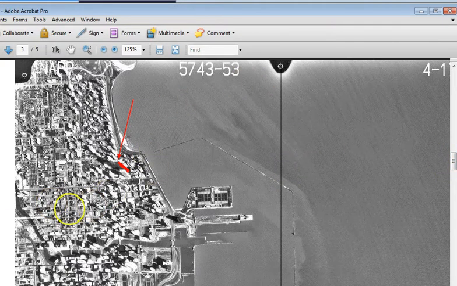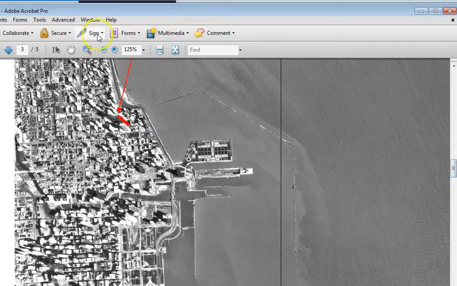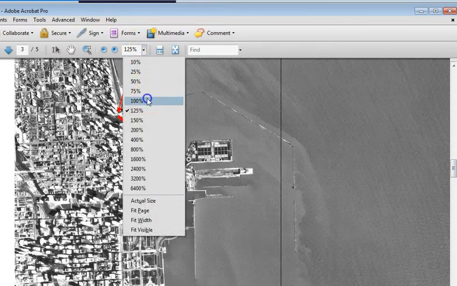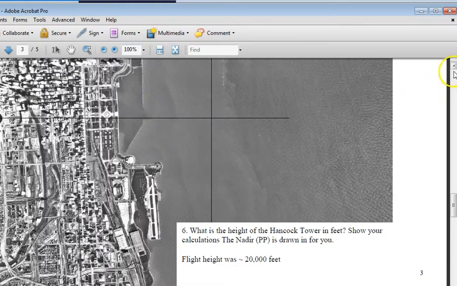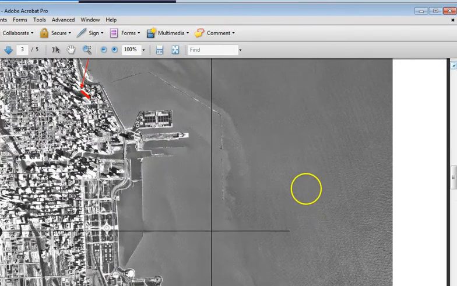For the Hancock Tower, I put a red line going from the bottom of the tower to the top of the tower. So the measurement you get for here is your displacement, and then the principal point, if I can zoom out on this one, or your R. Your R is from,